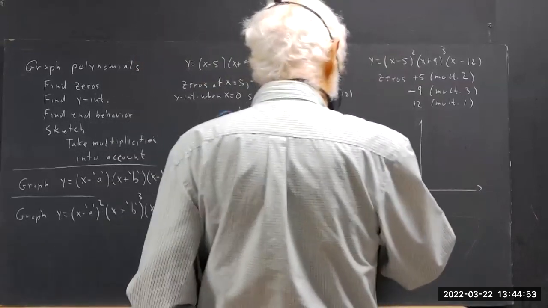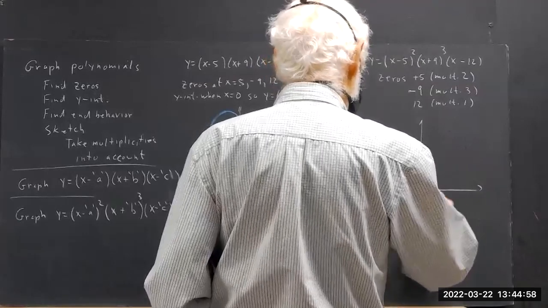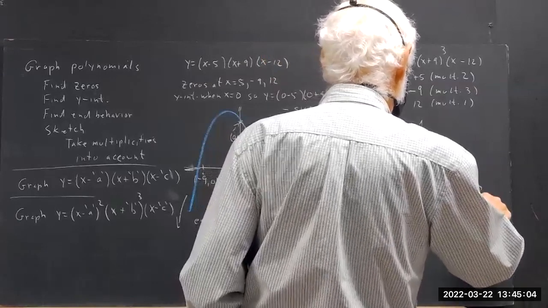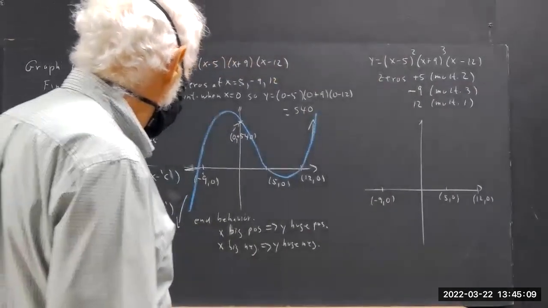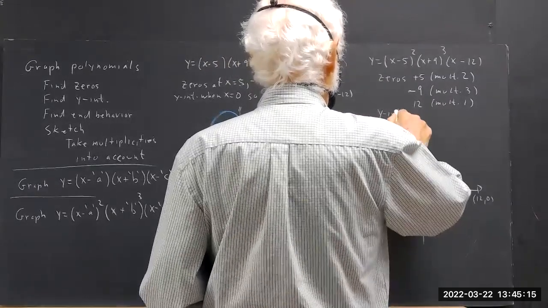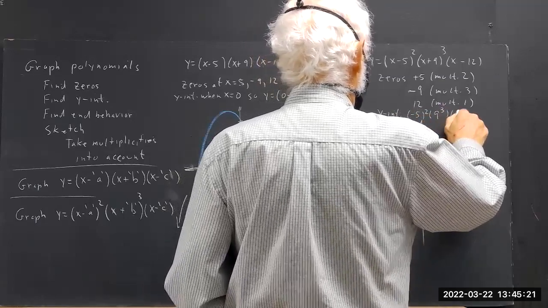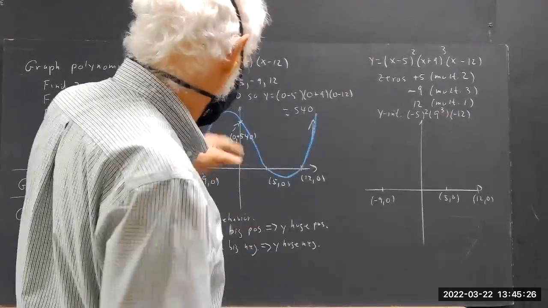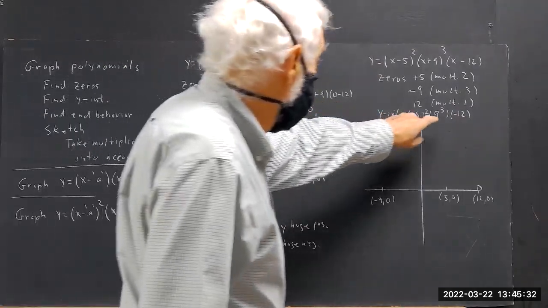So the graph looks a whole lot like the other one so far. We have negative 9, 0. We have 5, 0. And 12, 0. The y-intercept is this. Okay. I didn't actually substitute 0 in the expression explicitly, but that's what it comes out to, because if